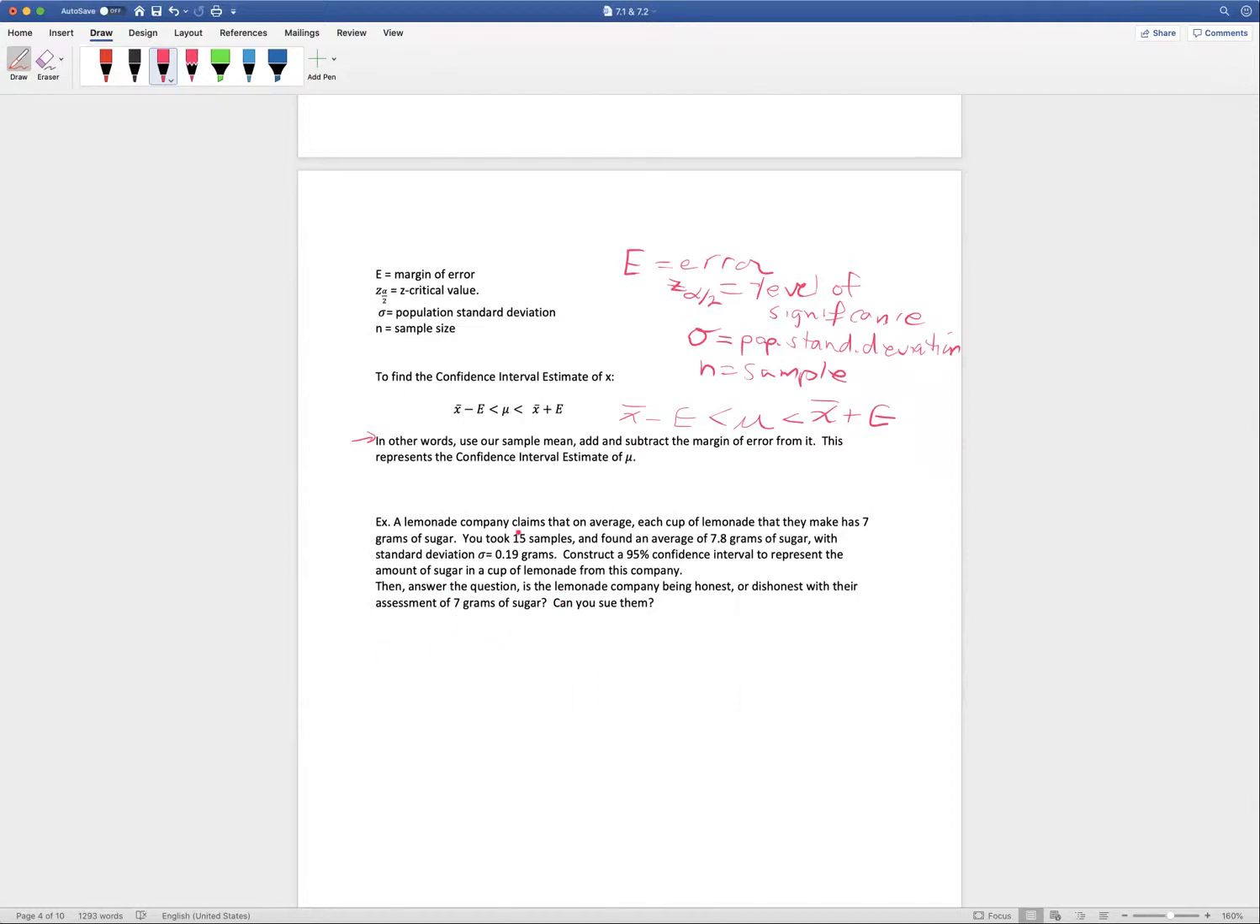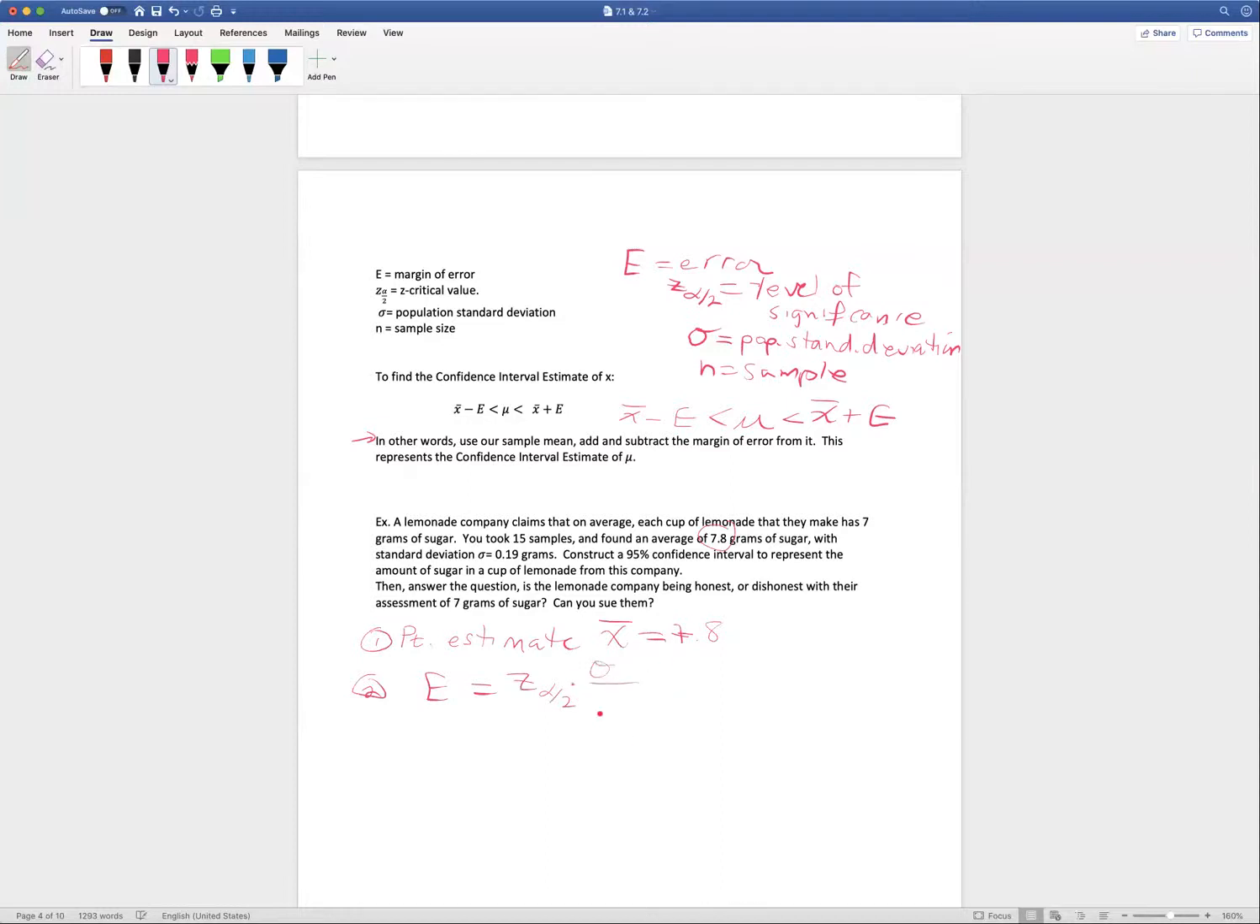Again, we look at this and you say to yourself, okay, I'm looking for information about a population mean, so I'm looking for mu. I know our best point estimate is X bar, and X bar in this case is 7.8 grams. All right, so once we know what the point estimate is, the next thing we're going to do is construct our margin of error. We're going to find E. So remember, E is Z alpha over 2